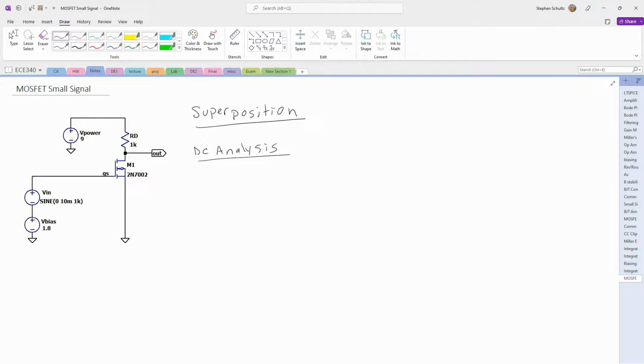If I redraw this circuit for the DC analysis, we're basically turning the AC voltage source off. So this is what our circuit will look like. Here's our transistor, and then we just have our bias voltage, which is 1.8 volts. When I solve all of this, you see this is going to be in active. And so we are going to have that ID is equal to 1/2 Kp